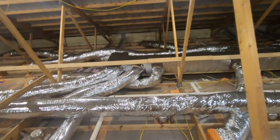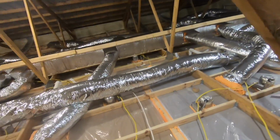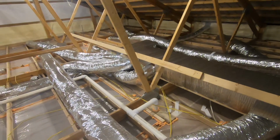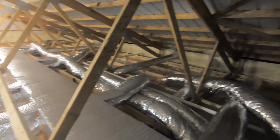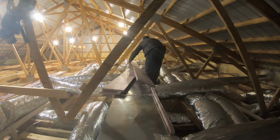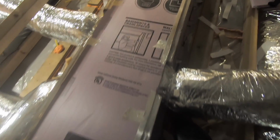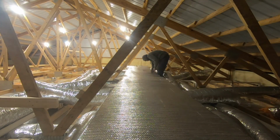You know, a lot of people will tell you that you shouldn't put ductwork in the attic, and although it is risky, if you do it properly, you can have really good success with it. The key is keeping the air off your duct. And the way I wrap this is with 2 different layers of polystyrene. I taped the first layer, put the second layer on, spray foamed all the seams on the second layer, and then I covered it with this Reflectix. So we should have an airtight